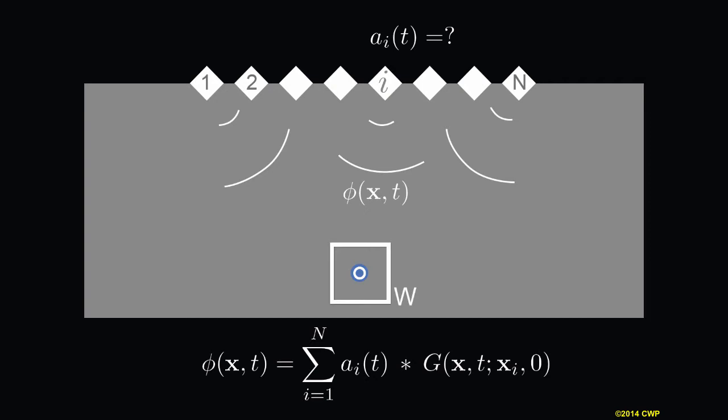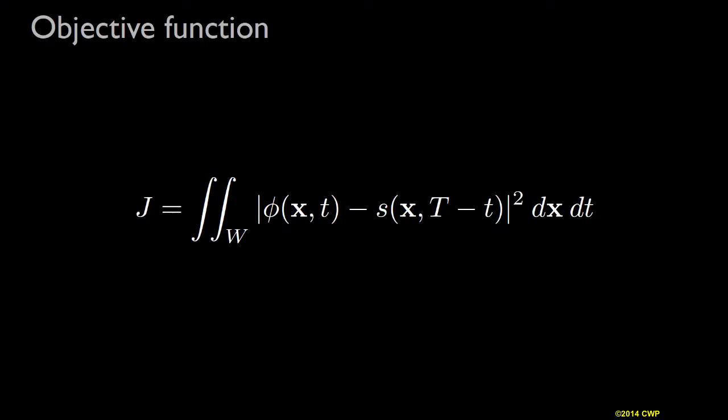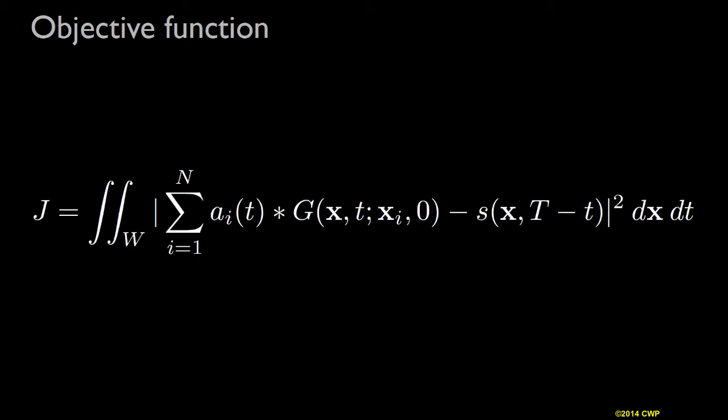Now, we don't know the exact location of the source. However, we often have a good estimate of the source location. And this estimate is enough for us to define this limited area. The size of the optimization window should ideally be 2 to 3 times the dominant wavelengths in the experiment. Going back to the objective function, we can substitute phi with its definition, the convolution of the optimal signals with